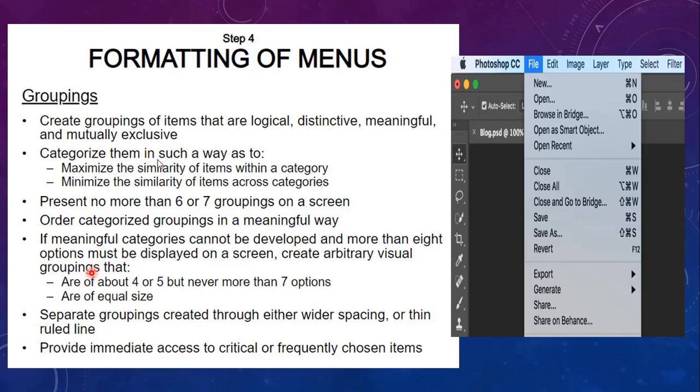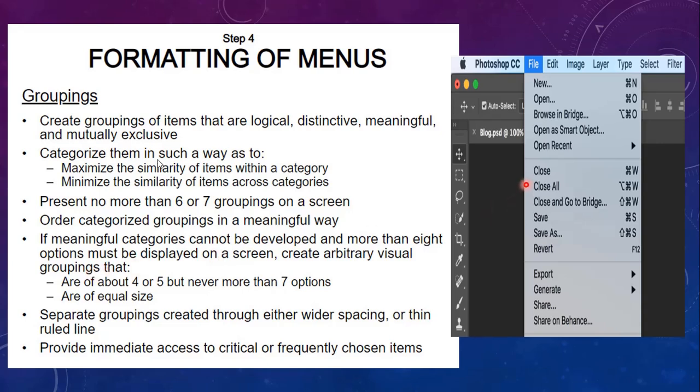You have to create arbitrary visual groupings. That means you can use spaces or lines between the menus, so that when a user views a particular menu, he may categorize it in a particular group.